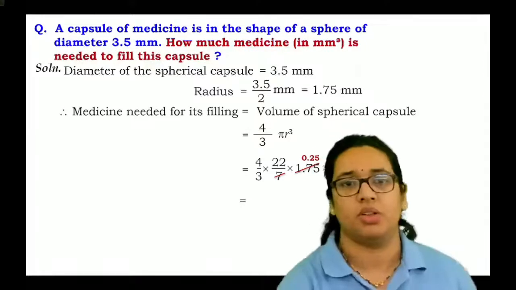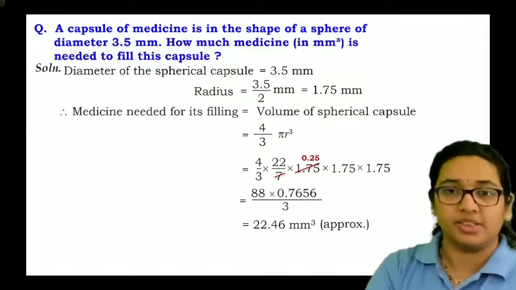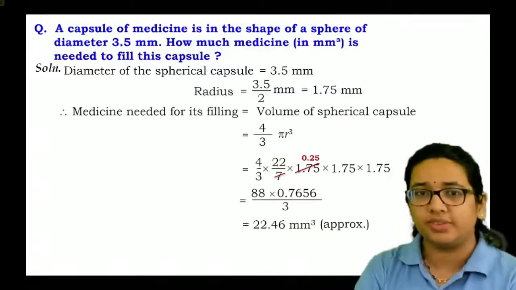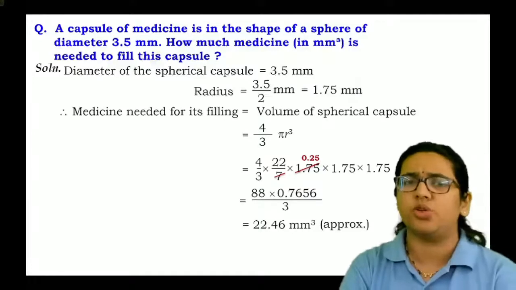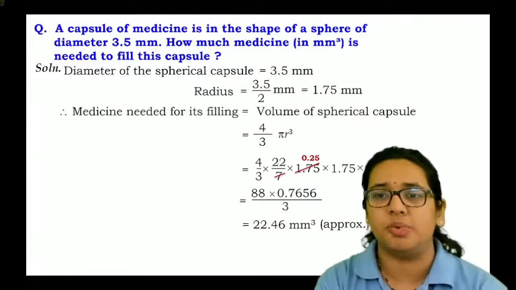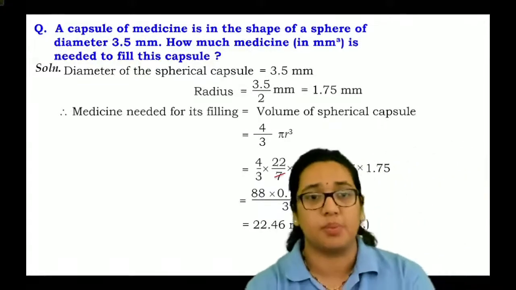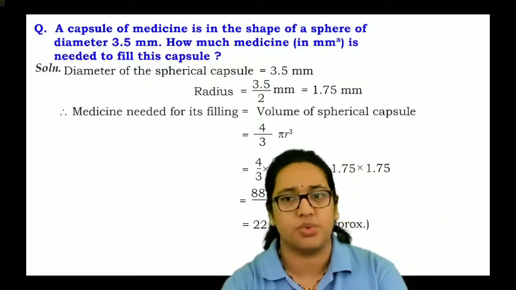Yes, the answer should be obviously approximately good. चलेगा, 22.46 millimeter cube approximately. This will be the answer. Getting this one? समझ में आ रहा है आप क्या कर रहे हो? Good, right? Very good. Correct. Okay. It means that हम सिर्फ जो आपके पास का केस था उसका यूज कर रहे थे. That's it. So now the next question is,